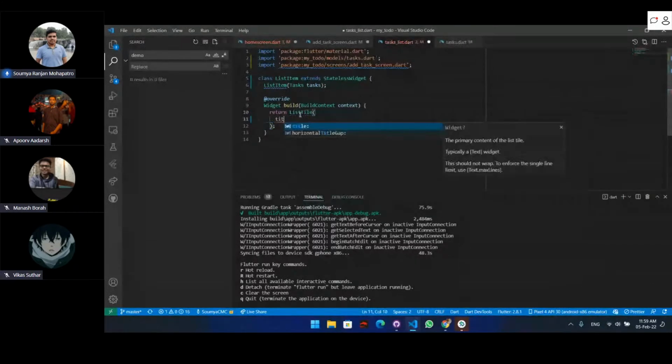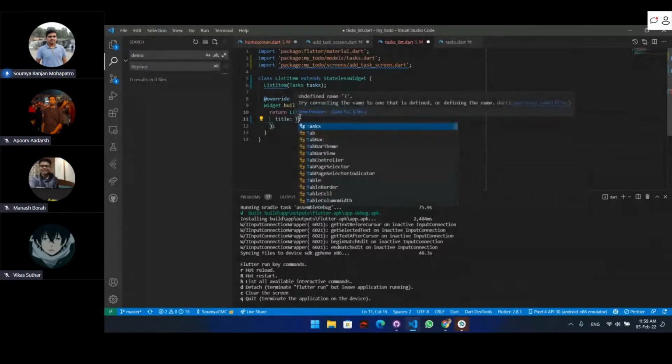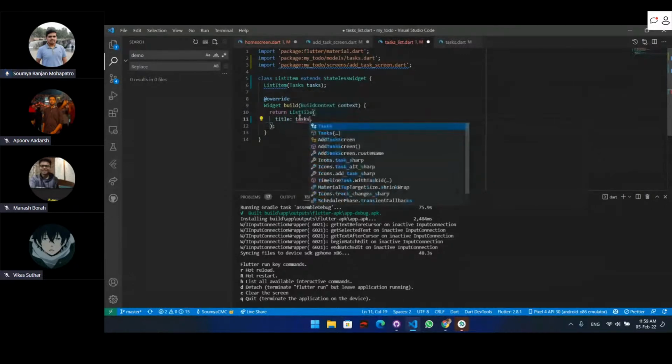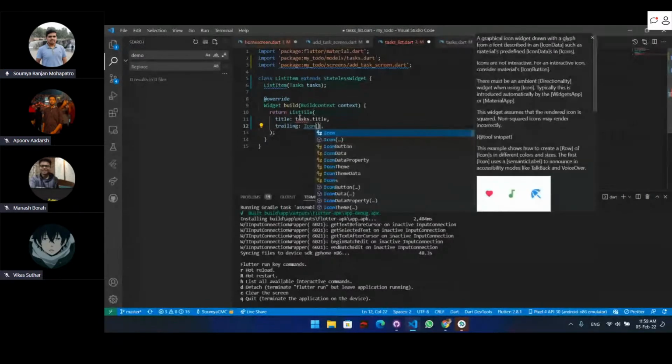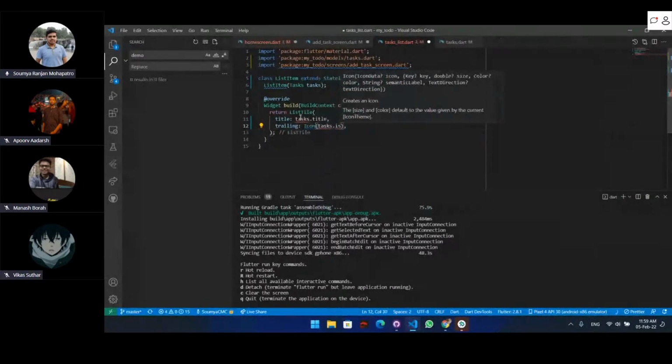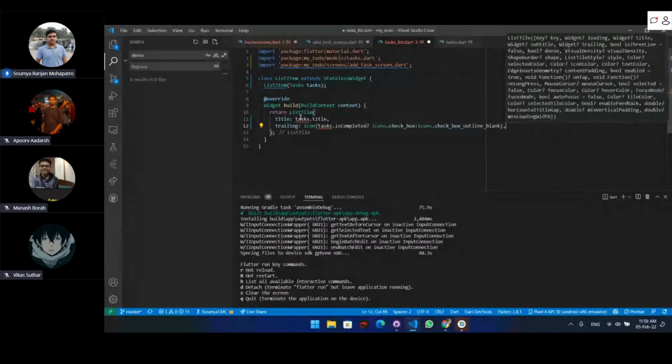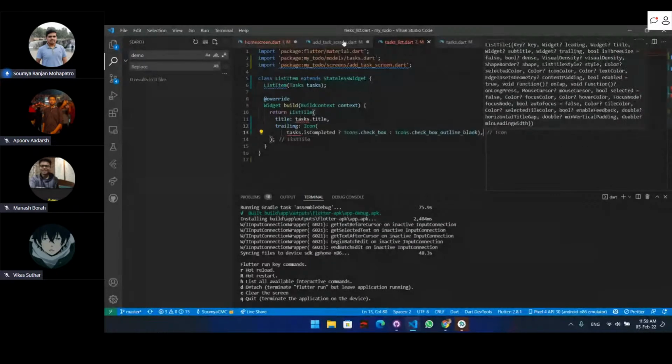Will take a title of task's title, and a trailing widget of icon, and if task dot is completed is true, then icons check box, otherwise icons check box blank. All right, so